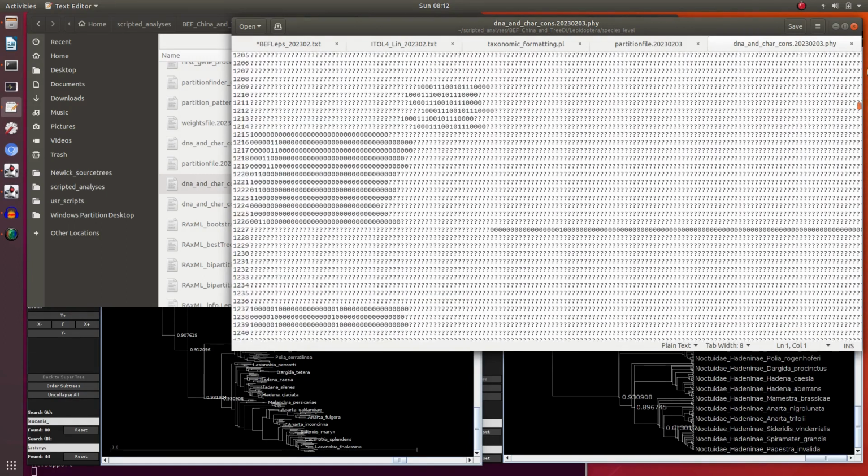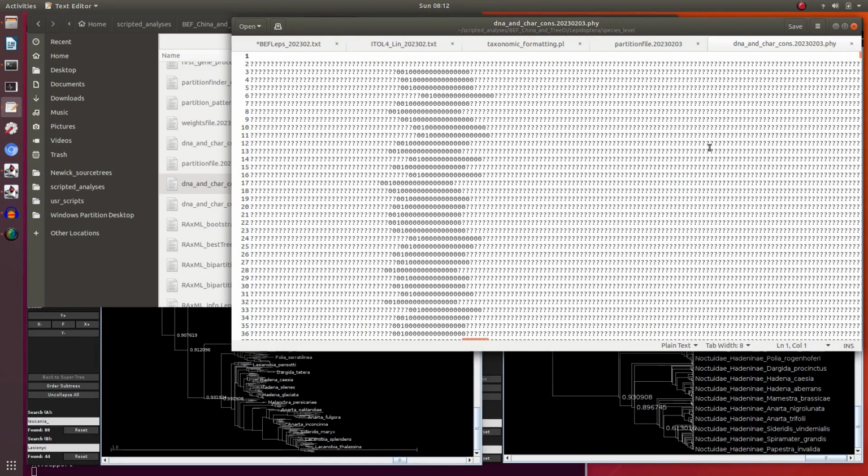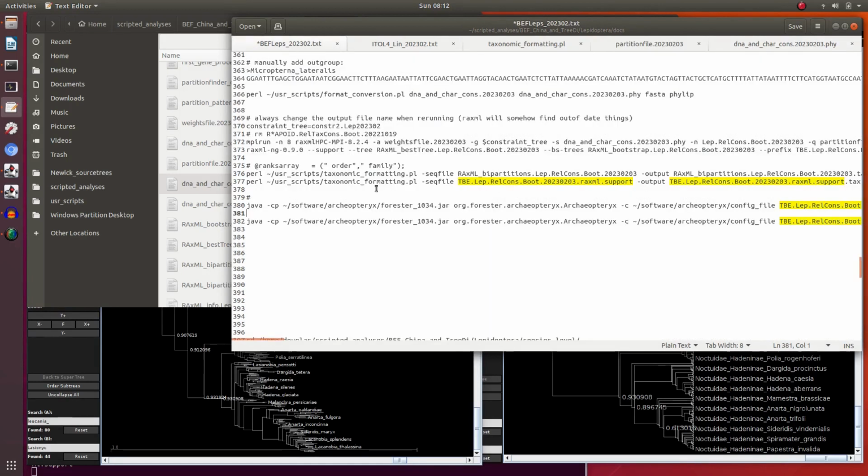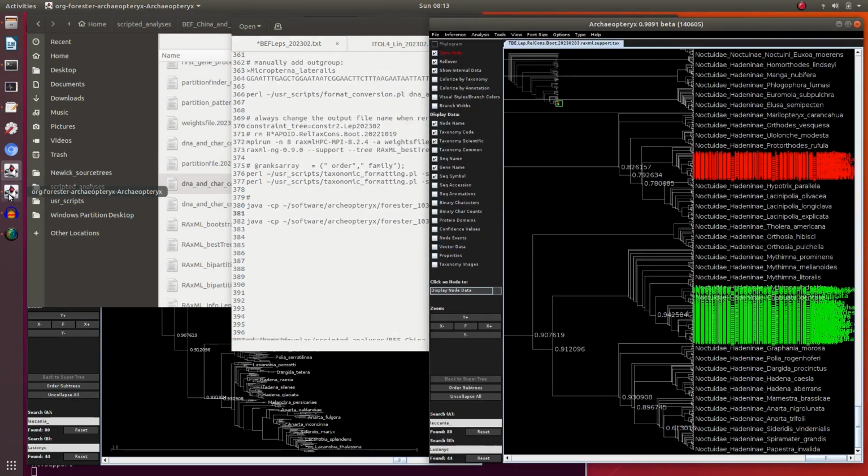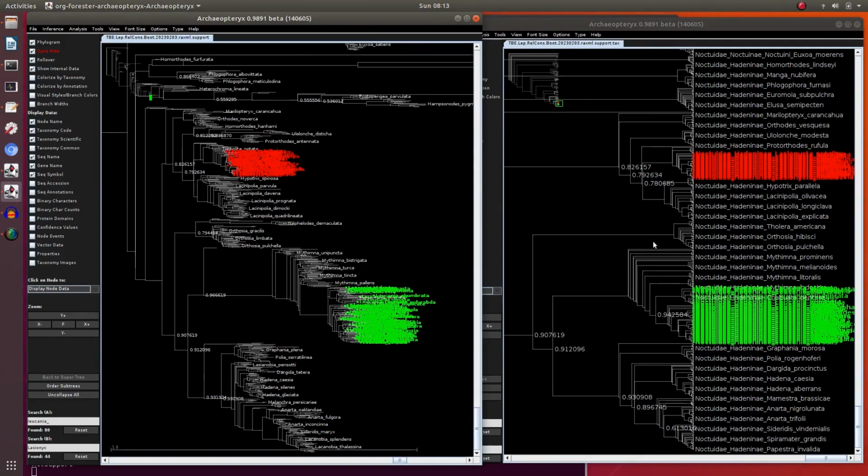So this took about 2 days to run on quite a fast laptop. Now this has just finished, and the output is quite interesting. This is the same tree, just plotted a bit differently. On the right you have some higher taxon names. So I was particularly interested in this section of the tree,